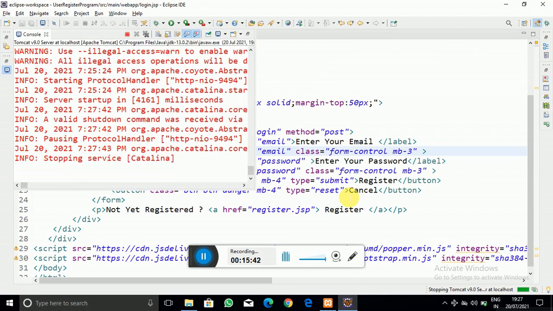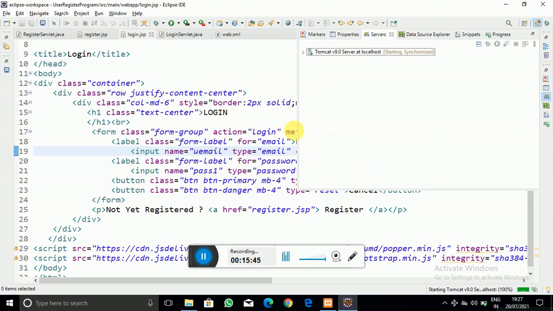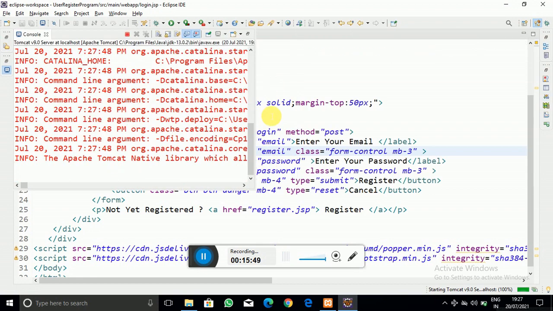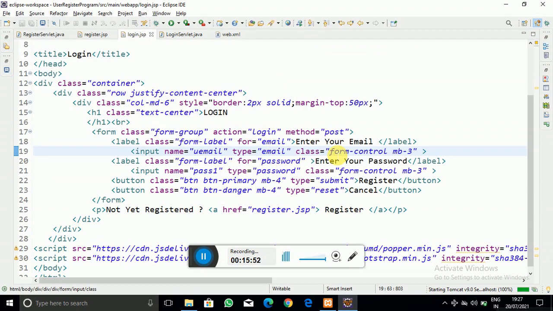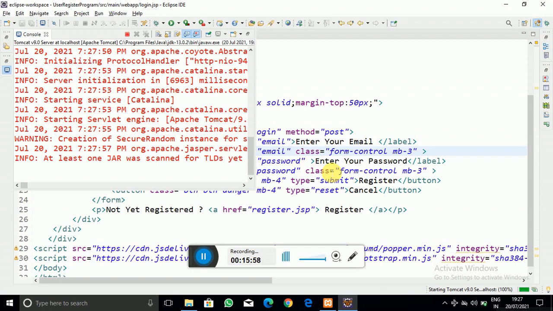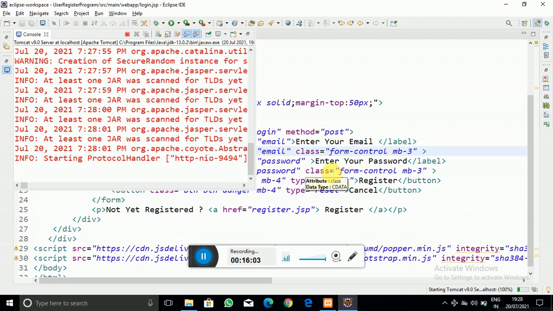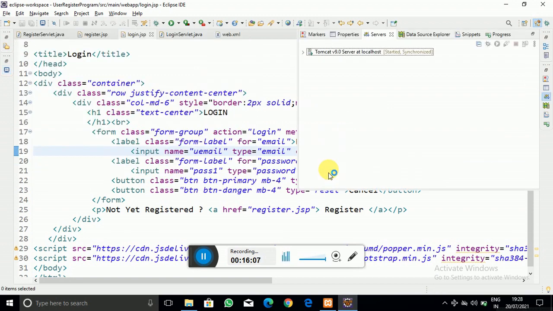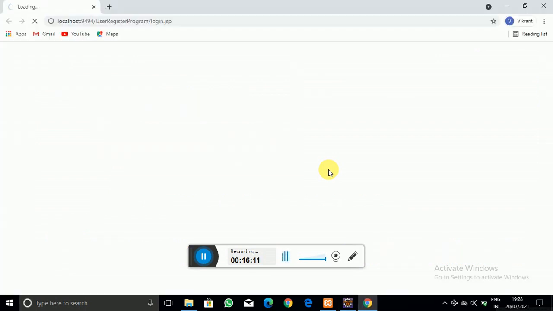Here you can see that the Chrome browser will open and our login page will open, and then we will try to run our login servlet as we have just registered it, and see whether it works or not. If it works, it will be fine. If there is an error, then we will solve it and proceed. So yes, our Tomcat server is started. Yes, the Chrome browser will open.